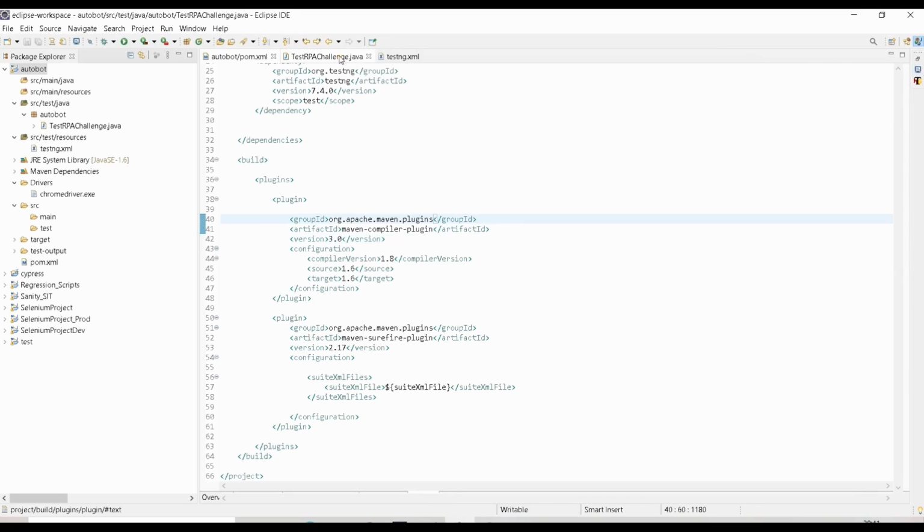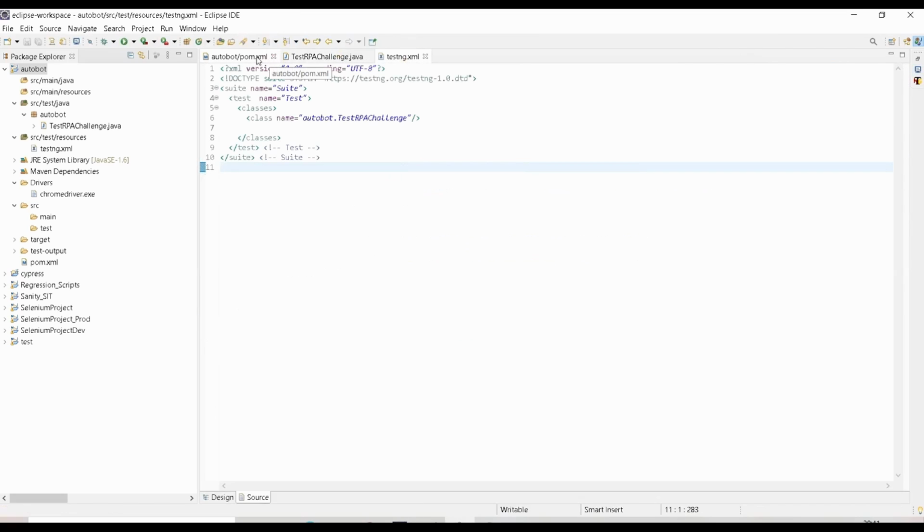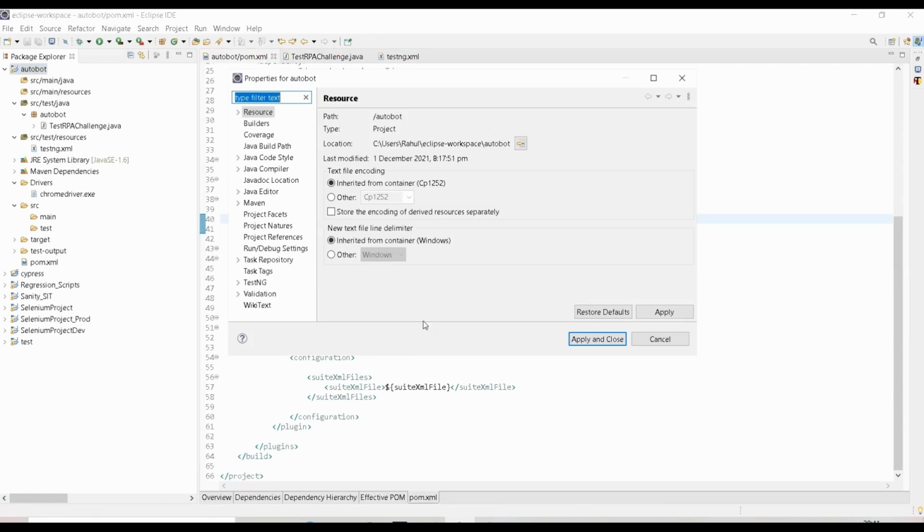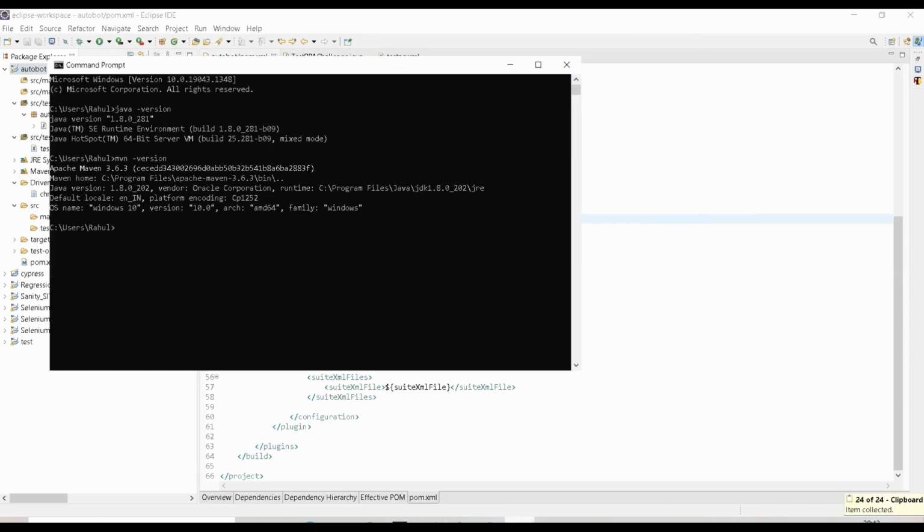Okay, and what you can do is let me get this path properties. So in this path I have kept this project, right? Let me go to this particular path. Okay, cd, and if you want to do the test, mvn test.